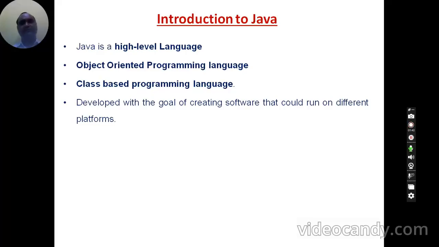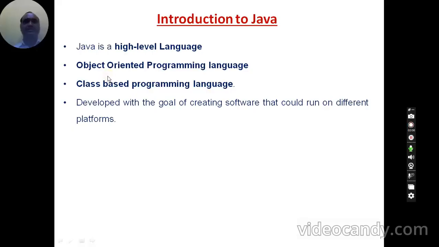Every Java program has a class, and every Java program starts with a class definition. And what is an object? Objects are created from the class. We are going to discuss these classes and objects when we discuss Java programs.